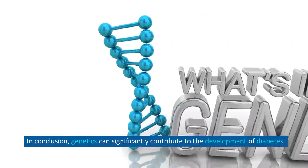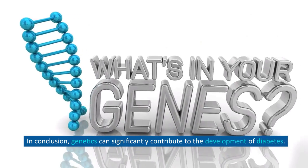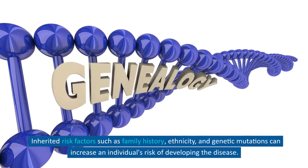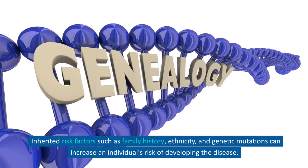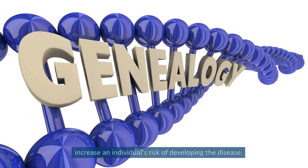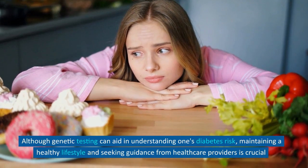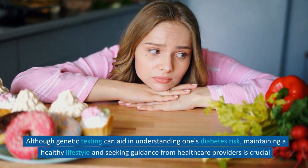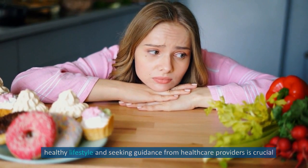In conclusion, genetics can significantly contribute to the development of diabetes. Inherited risk factors such as family history, ethnicity, and genetic mutations can increase an individual's risk of developing the disease. Although genetic testing can aid in understanding one's diabetes risk, maintaining a healthy lifestyle and seeking guidance from healthcare providers